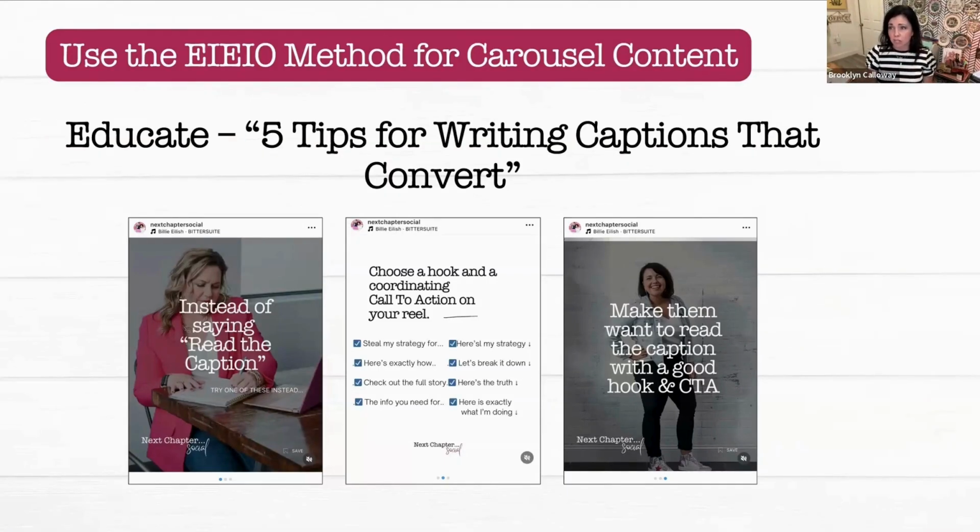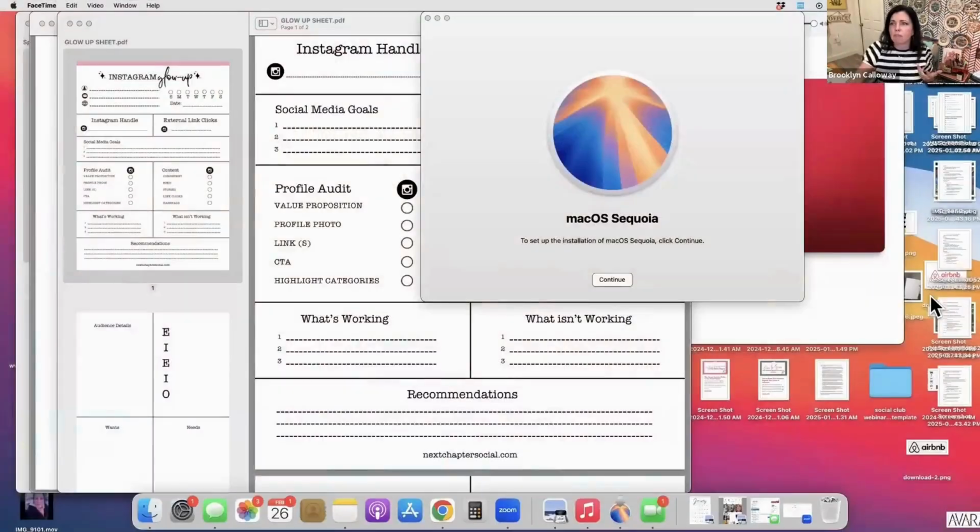So this is an educational post. Instead of saying read the caption, try one of these instead. Choose a hook and a coordinating call to action on your reel. Steal my strategy for X, Y, and Z. Here's exactly how I blah, blah, blah. Check out the full story. The info you need for,